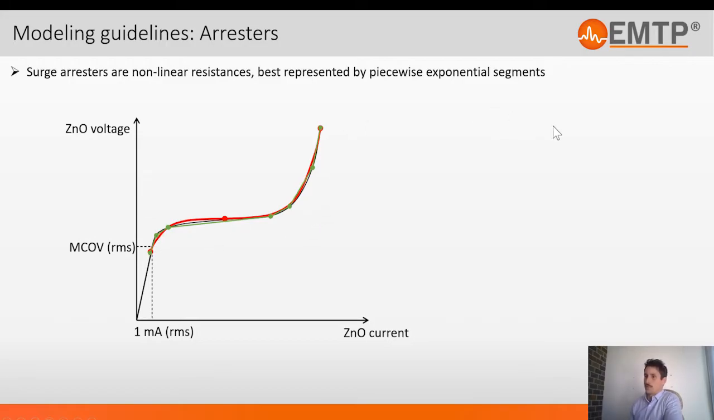Whereas for surge arrestor, here we can see the characteristic of a surge arrestor, so the voltage versus current curve. It's actually best fitted with a piecewise exponential segments, which means that users will enter the VI curve, and then we will use a fitter to determine those exponential segments. Here you can see to fit a typical curve, you have first the linear region, we will come back to that, and then with only two exponential segments we can fit almost the entire curve,